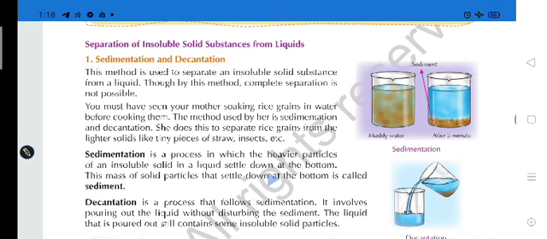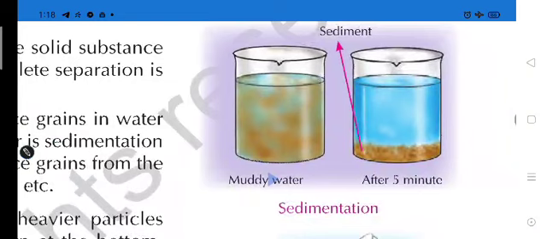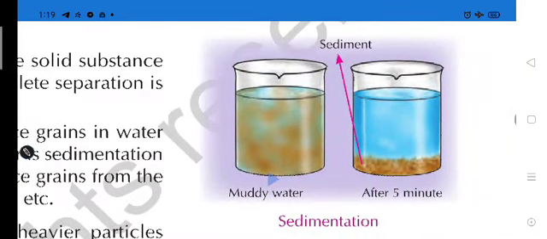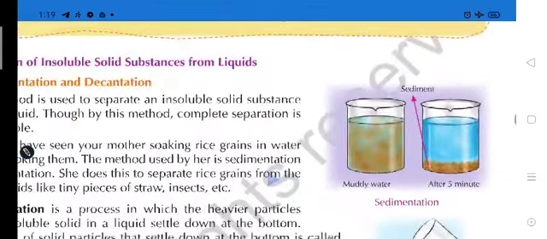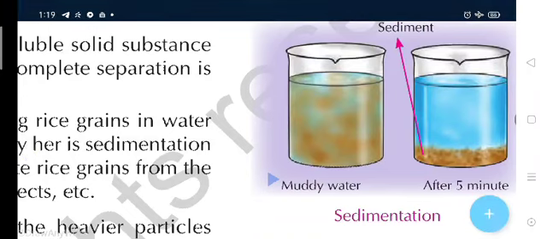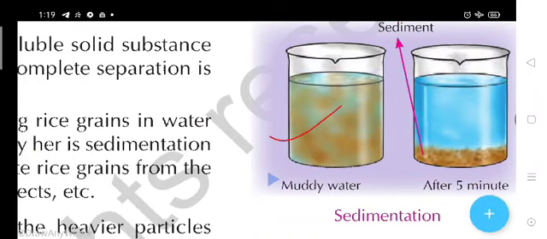See students, what is happening in these two pots and vessels. Yes, this first one is muddy water, and the second one is also muddy water, but after the what?